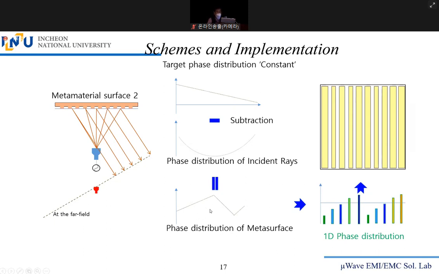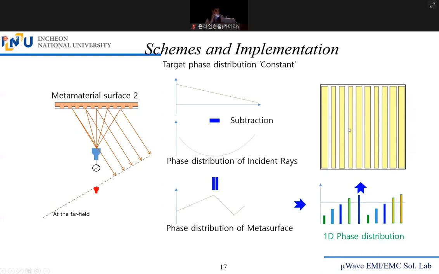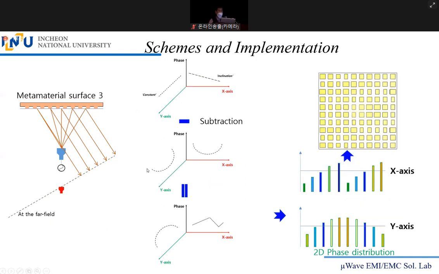Then you take it. This continuous function should be sampled like this, and the bar graph is going to be synthesized in the form of the width. Can you check the differences between these two metallized patterns? They are different, right? You agree with me? Then you will have this tilting or inclination of the reflected wave.